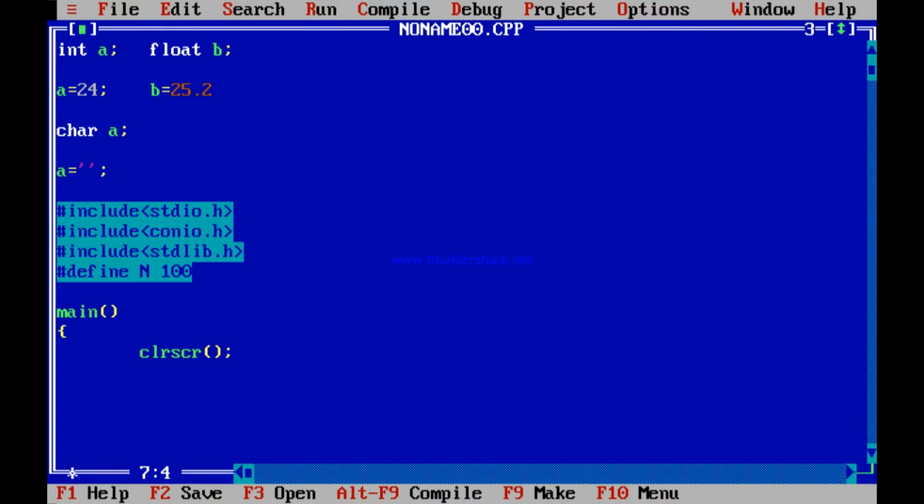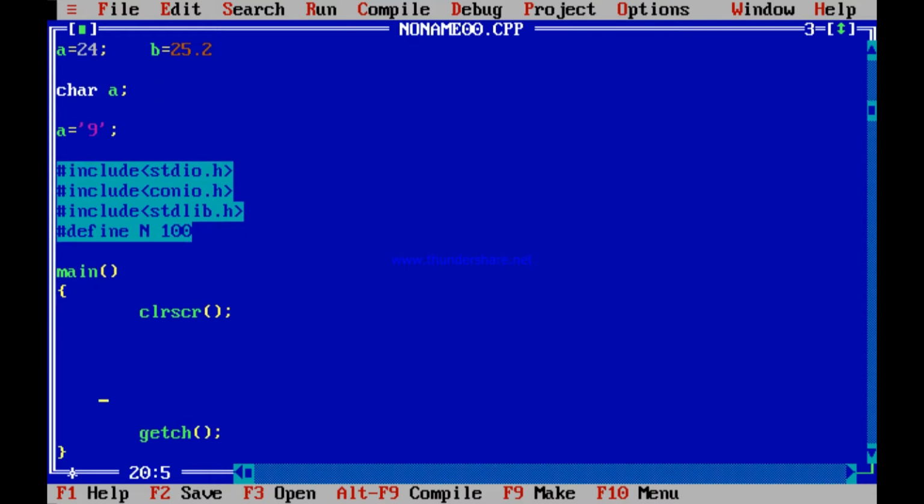So it can have any character from capital A to capital Z, or maybe any character from 0 to 9. But one character, not 98. 9 or 0 or G or A or B, any character. So you can take a character and simply print it. It is as simple as that.